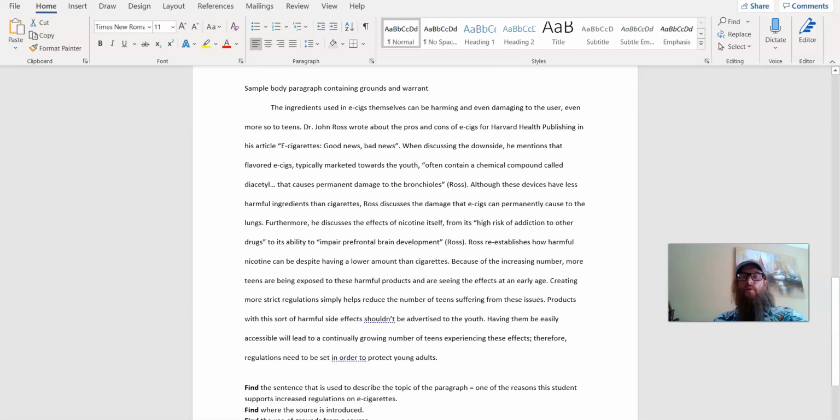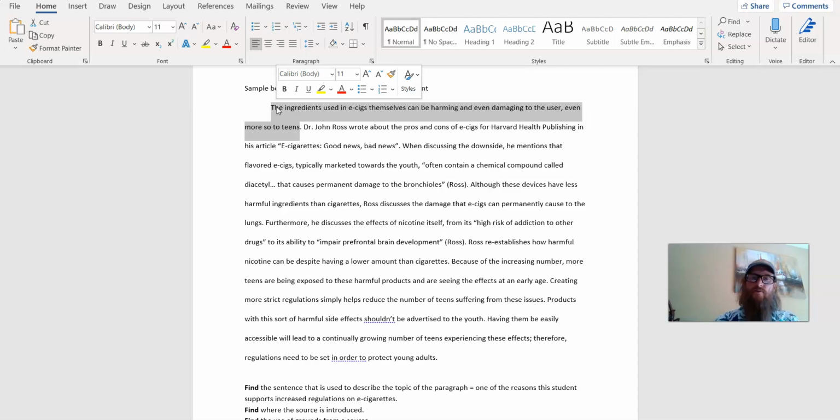Okay. Completely, this is the other topic, right? But again, the concepts that are being deployed here are the same and they're deployed successfully, and that's why I would consider it an A paragraph, right? So here's the topic sentence. Here's one of the reasons that this student supports more regulation: because e-cigarettes can cause harm. They're not perfectly safe, and indeed can cause particular harm to teens, and that is the topic of this paragraph,